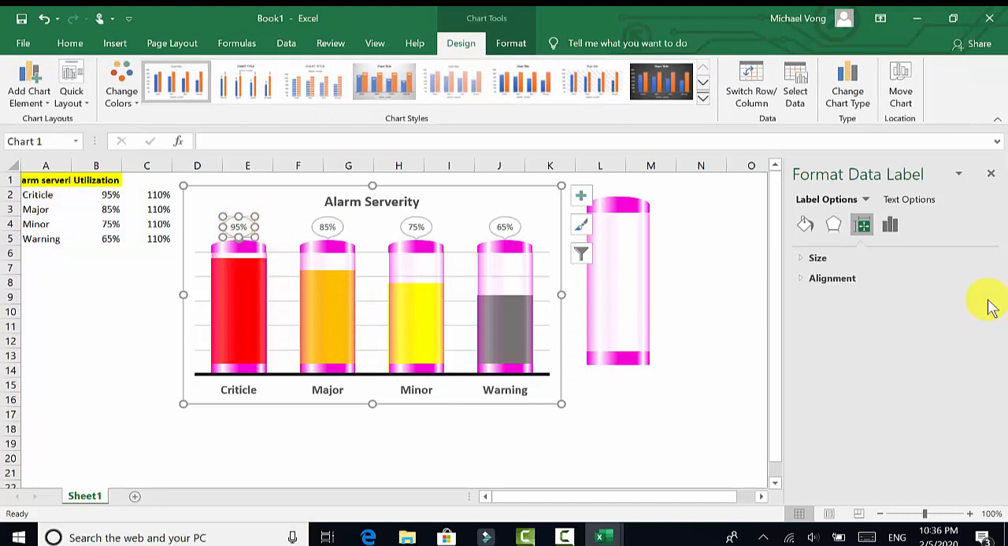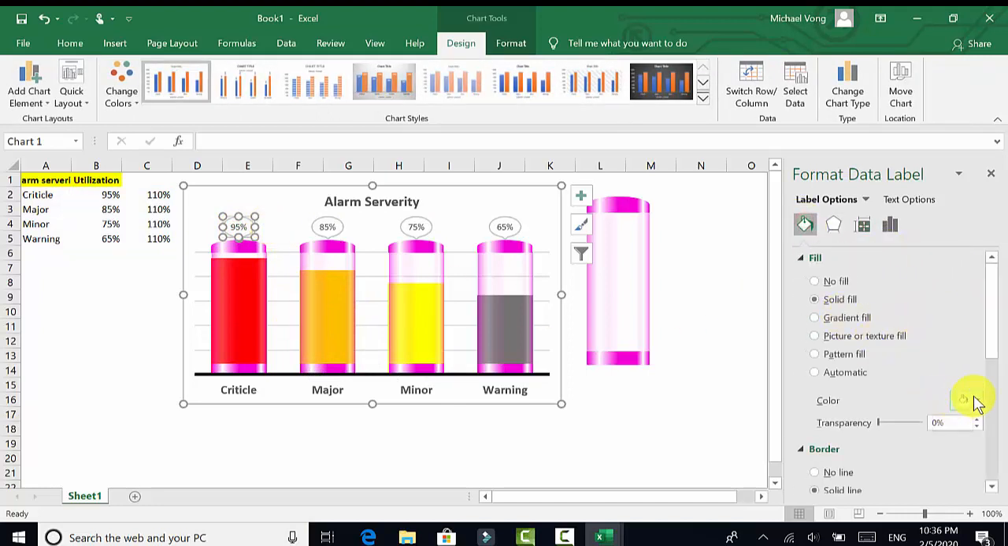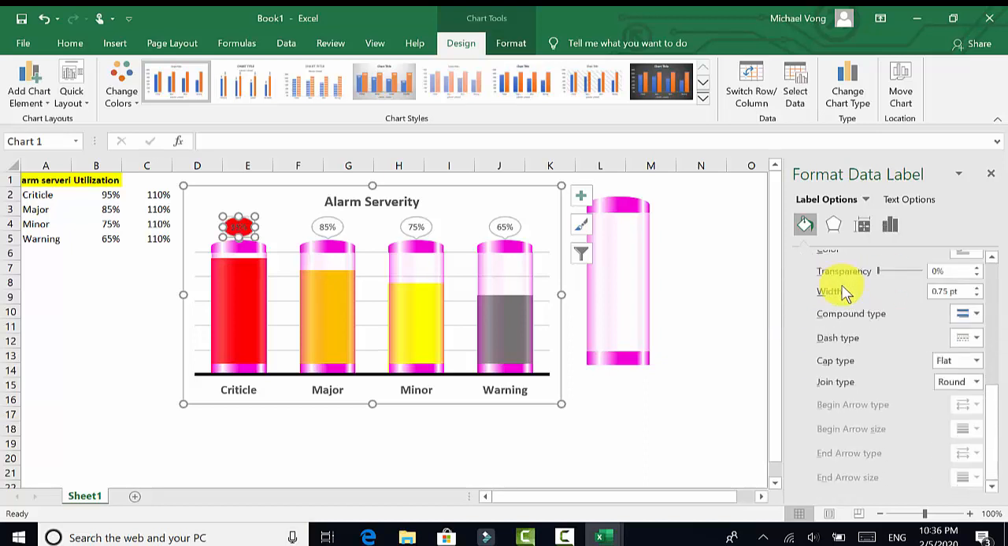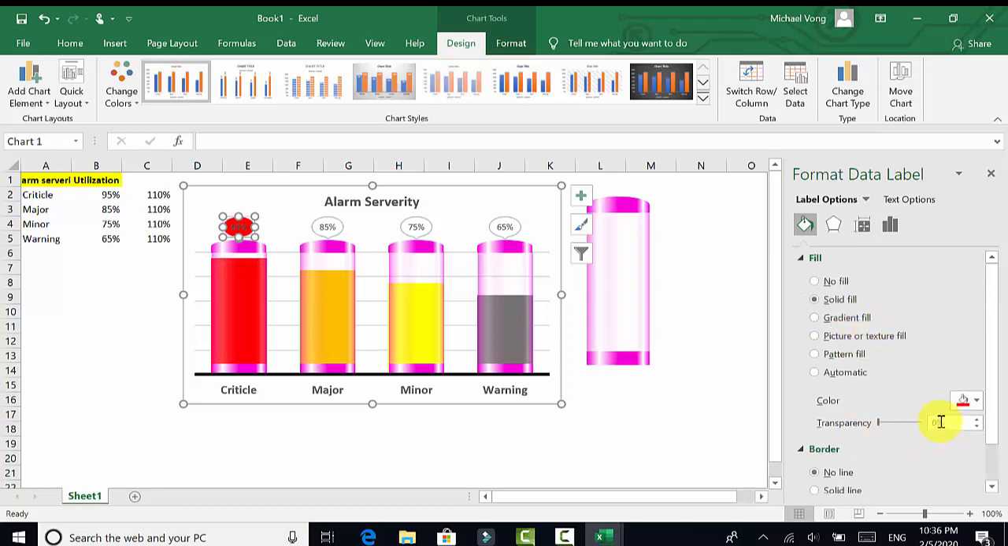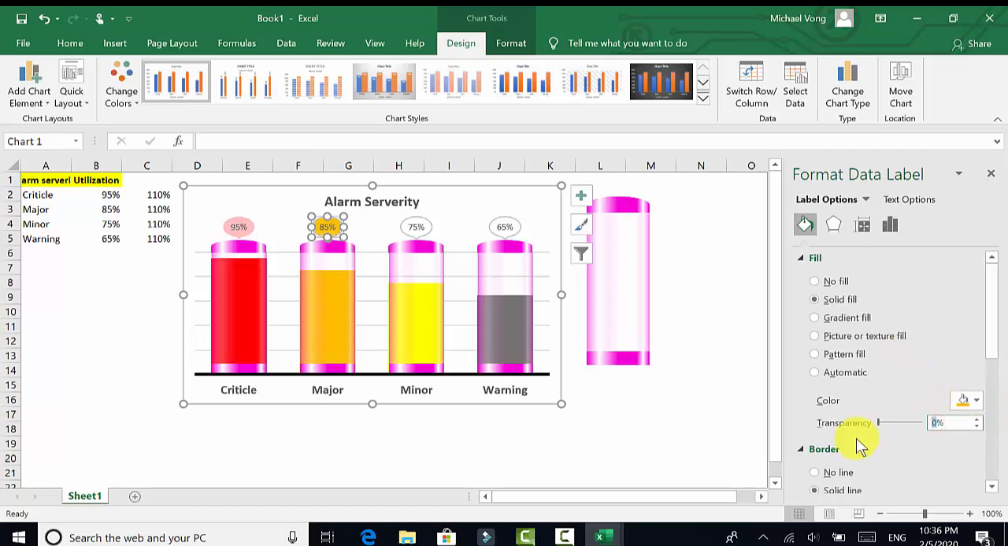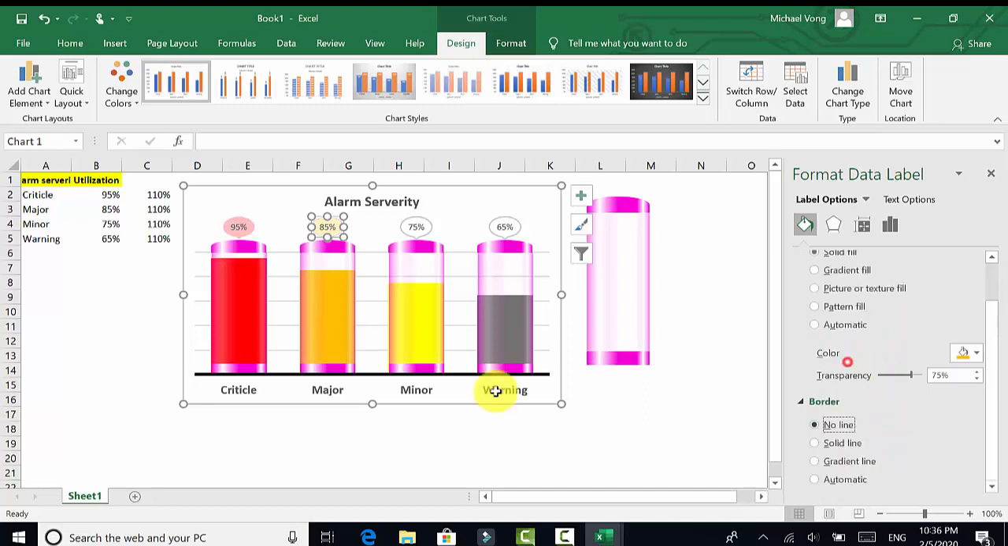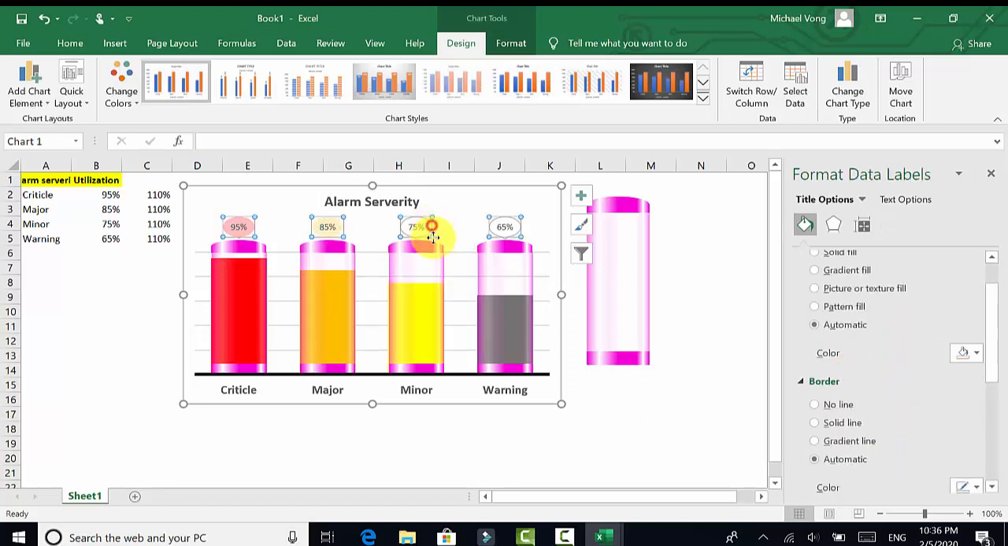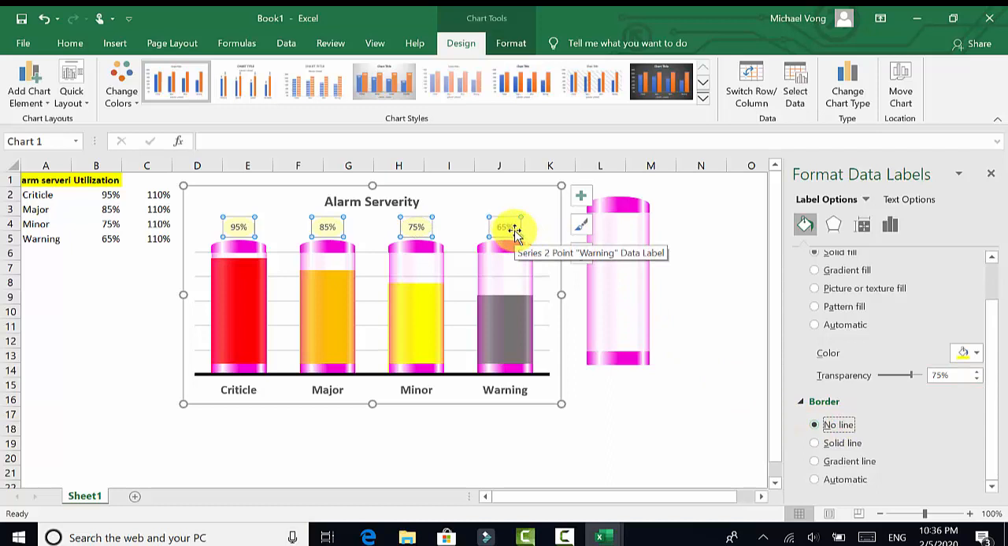Okay, so if you want to add more color, you can add red color, no outliner, and transparency to 75. Okay, this one to orange color, transparency 75, no outliner, yellow, 75, no outliner. Sorry,